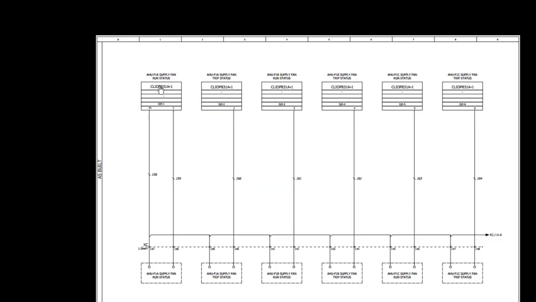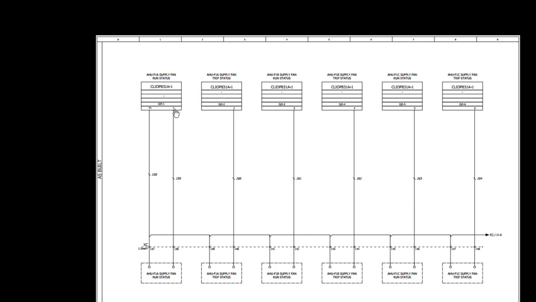First of all, we have module number 1 and digital input 1, and this is supply fan run status for AHU FIA. For mixed IO modules, we have only one common signal for all the digital inputs, which is terminated on 41. As you can see here, this 41 is coming to 137 terminal, and then it is being looped on the terminals. You can see here, it is looped only on the terminals from 137 terminal to 139. Then there is a loop for all these digital input points for this module.